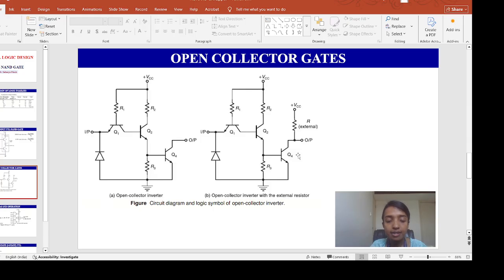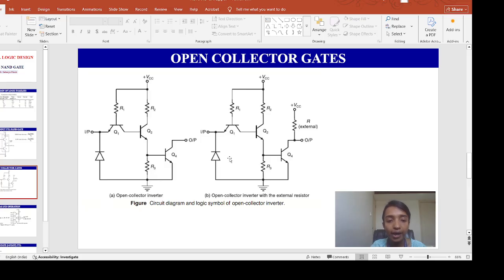Okay, since the output is pulled up to the logic high level through this external resistor R, it is called the passive pull up. And this open collector arrangement is much slower than the totem pole arrangement we have seen previously,